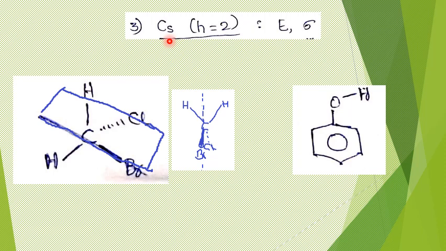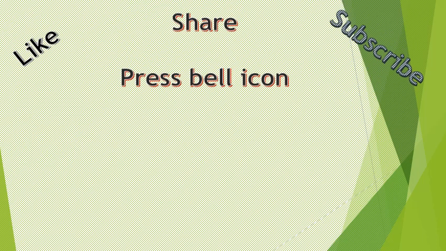Okay, so with that I am concluding molecules with low symmetry. In fact here it is not that difficult. Things can easily be understood because only very few symmetry elements will be present. But when we go to the next one, that is molecules with high symmetry, there we need models and all, and in the next video we shall see molecules with high symmetry. In that also it may not be possible for me to conclude everything in one video. Let me take at least 2-3 videos to cover the whole of molecules with high symmetry point groups. So this has given a clear idea on molecules with low symmetry.